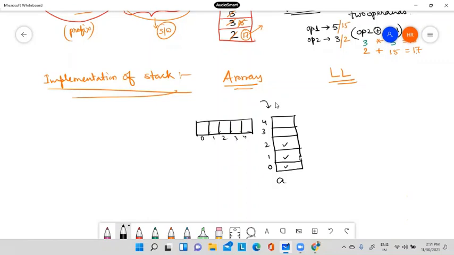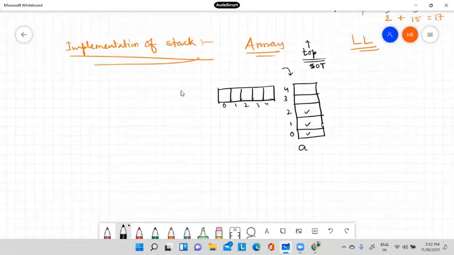To maintain which is the last element, we have to use one pointer or index variable called top, sometimes called stack top. Top is a pointer variable in case of linked list, or an index variable. In which value should I initialize it? Either 0 or -1.